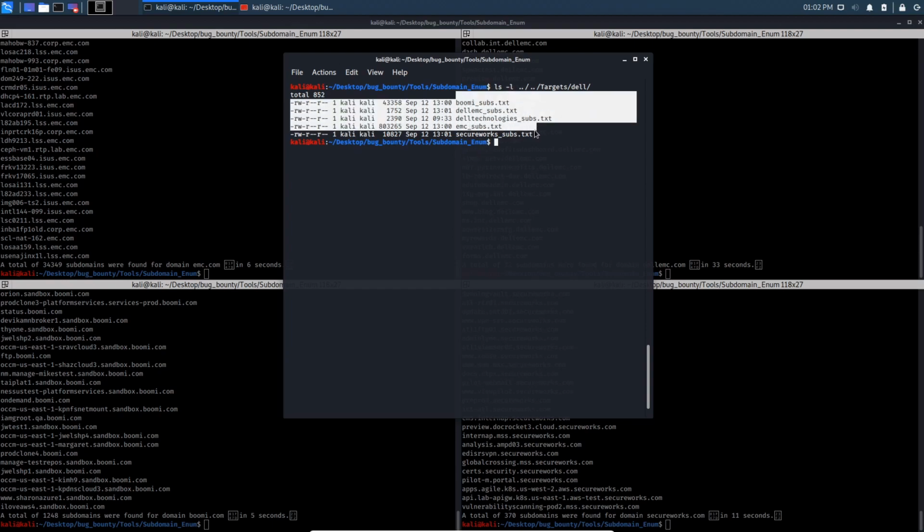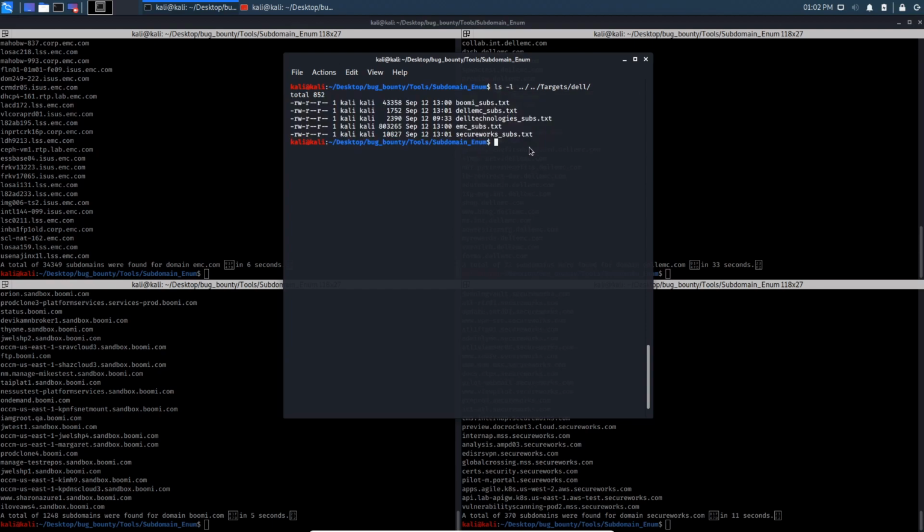Now, as we found the subdomains, we can find what protocol each subdomain uses, whether it is HTTP or HTTPS. Let's also see the status codes for each and every subdomain using a tool called httpx.